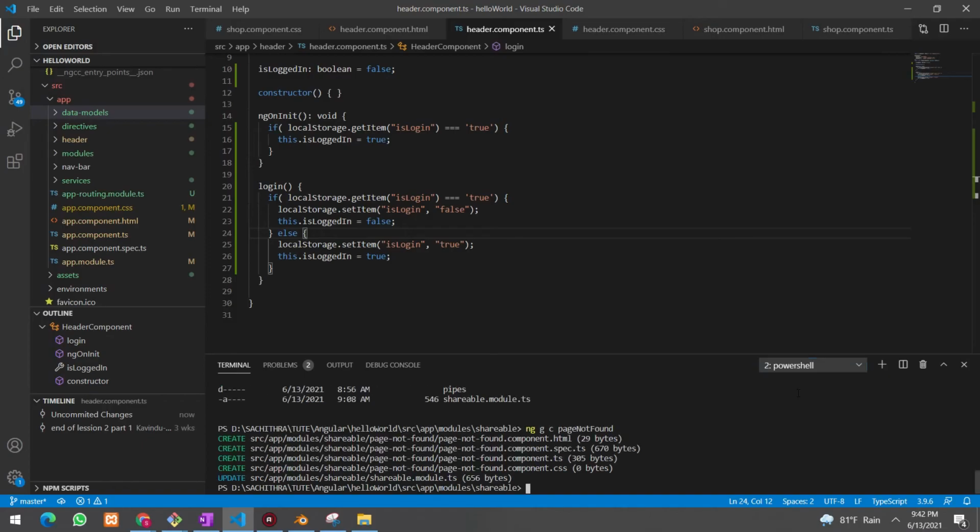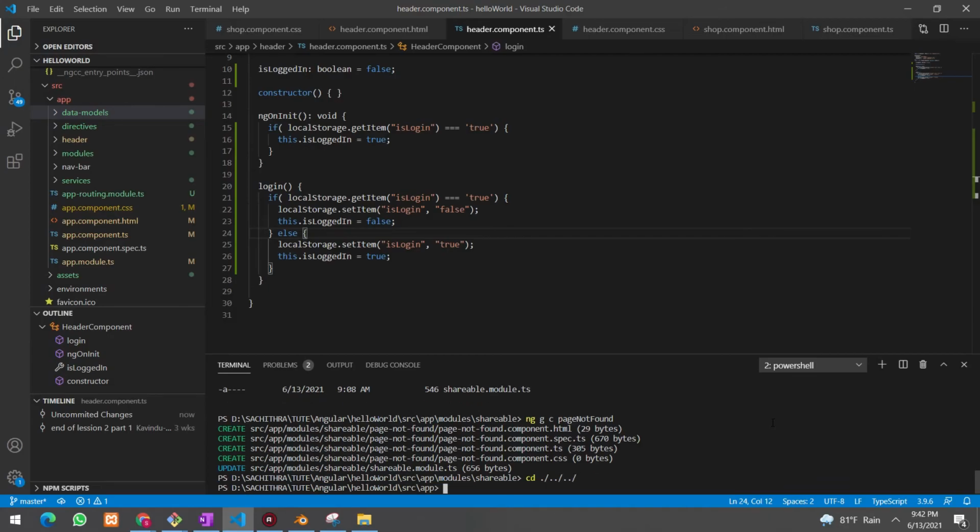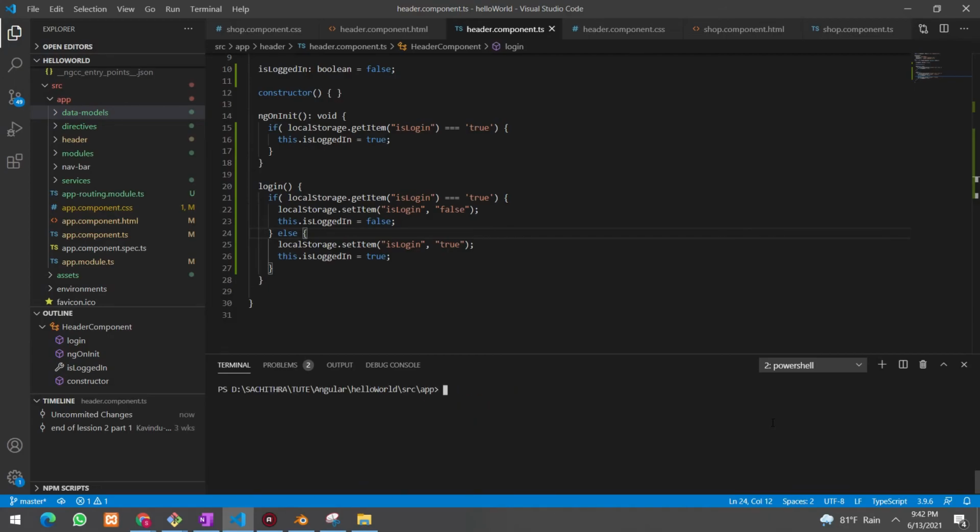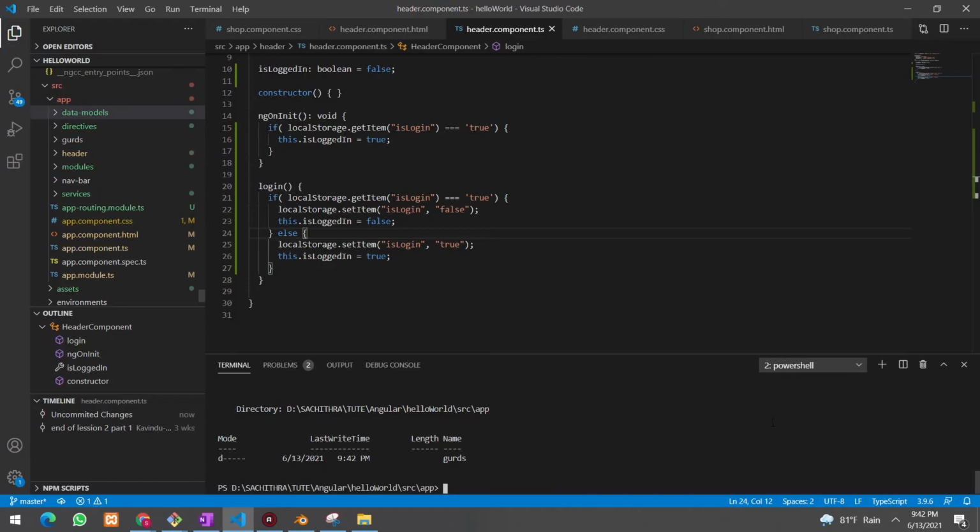For now I'll go to my PowerShell and navigate to my app folder. Now I will create a new directory called guards, since there could be some number of guards in our application. So for better separation, I create a new directory, navigate to it,